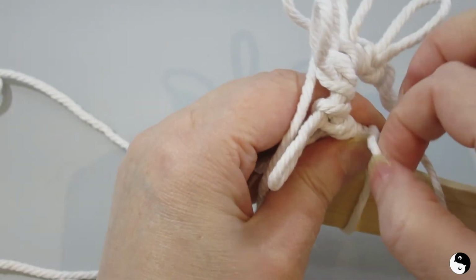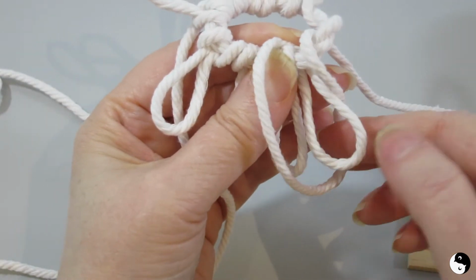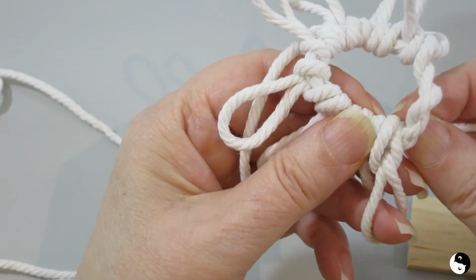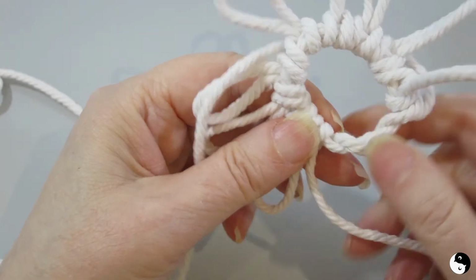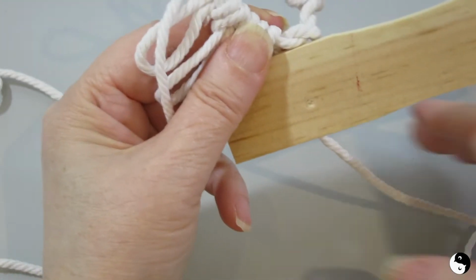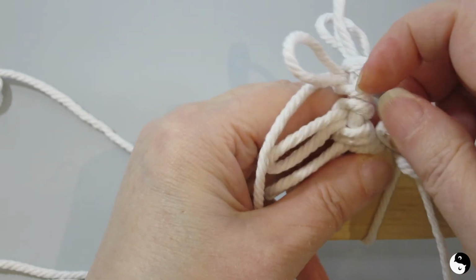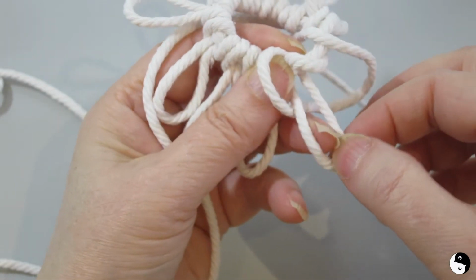You can even leave the paint stick there until you pull your loop through if you like. It doesn't really matter. Bring it around, hold it through, tighten. Turn your work. Just remember to bring it around the back. It's just so much easier to pull it through from there. Release your paint stick, bring your loop through, finger,